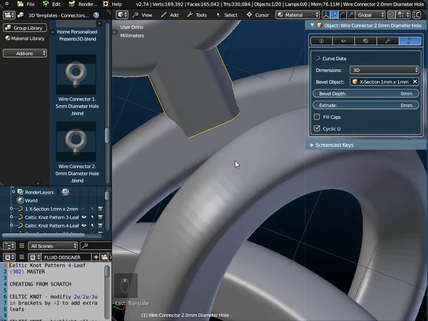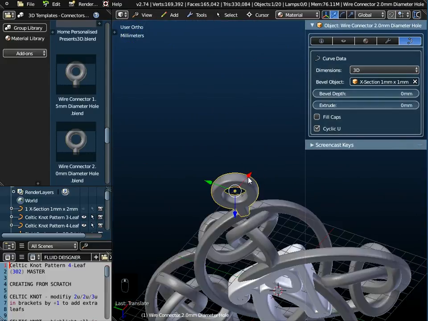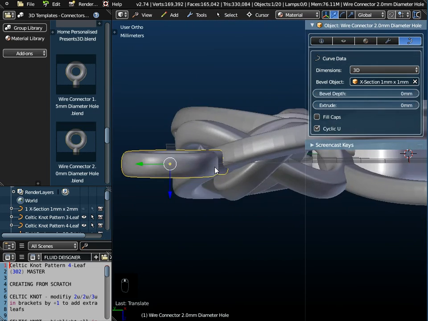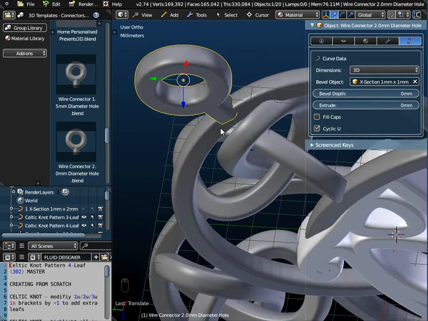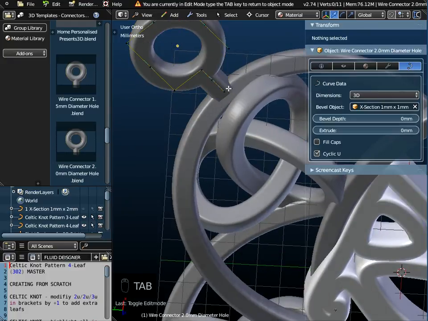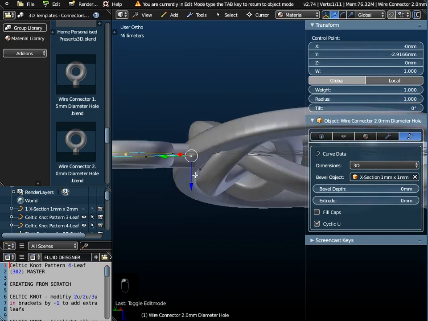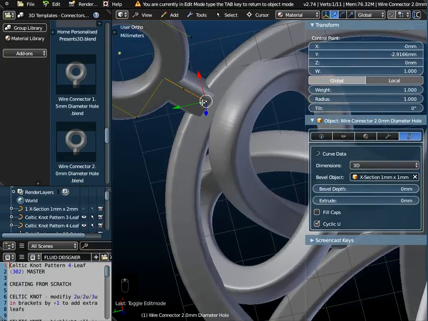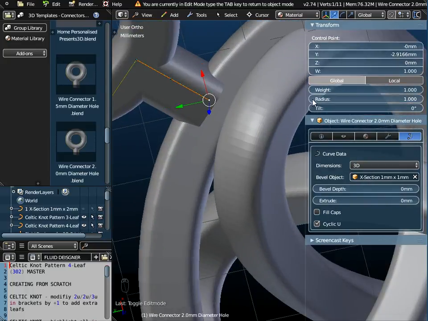And if I just zoom in really closely there should be a slight issue with the orientation, so I could rotate it a little bit, but there's an alternative to that, and that is if I go into edit mode, if I just click that control point at the very bottom, what I'm going to do is, if I select radius here, and I'm just going to reduce this radius value slightly, I'm just melting it essentially